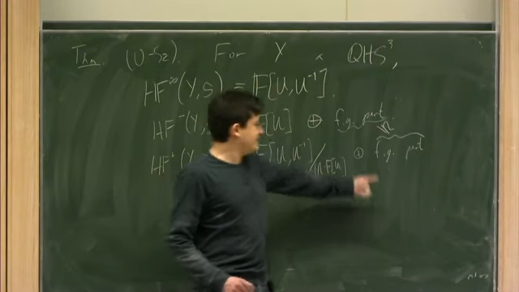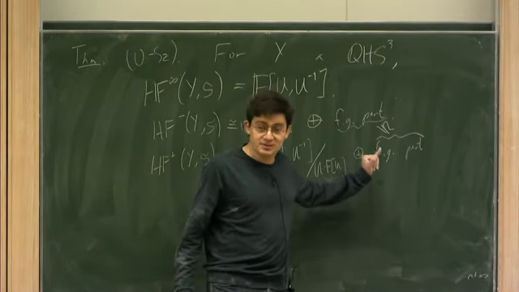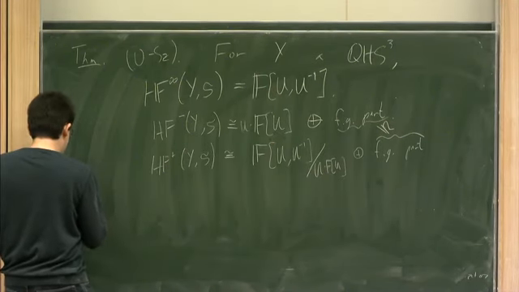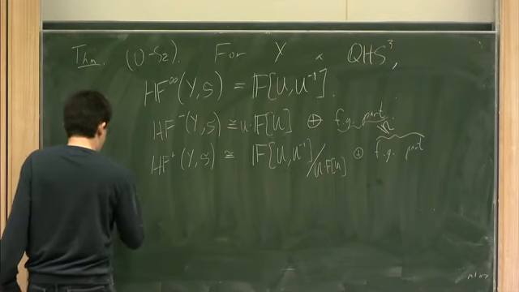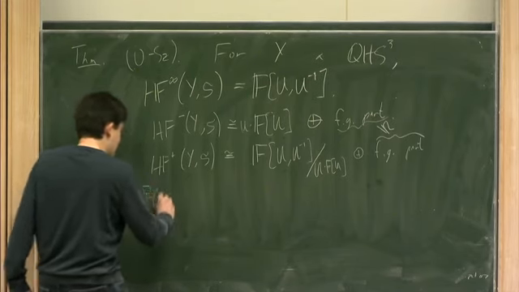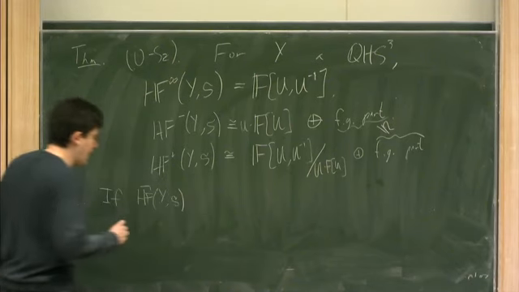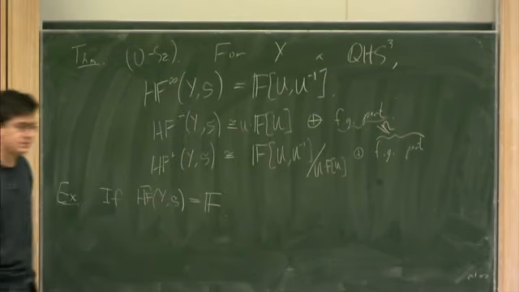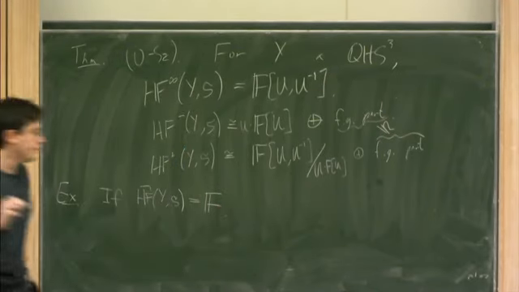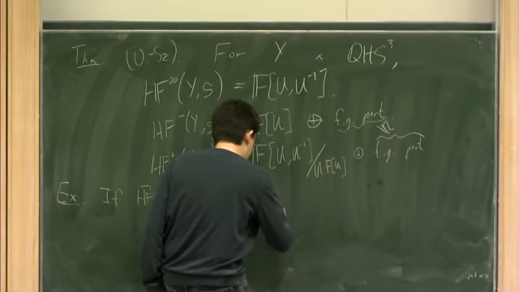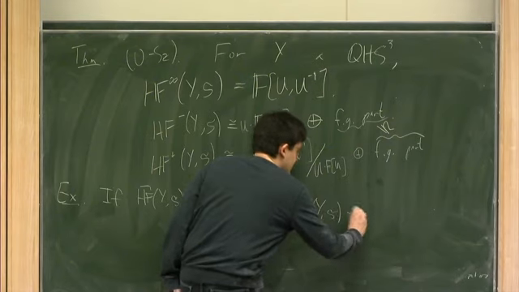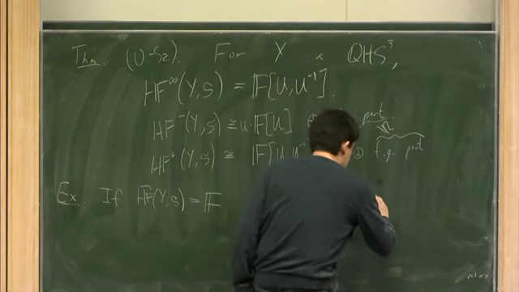The way that we see these is all using these exact sequences that I laid out before. So now a little exercise is that if HF hat of YS is just of rank 1, then HF plus of YS is isomorphic just to